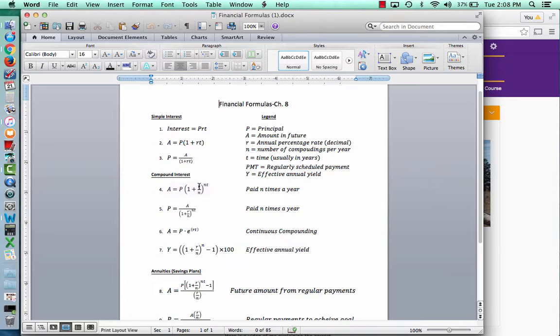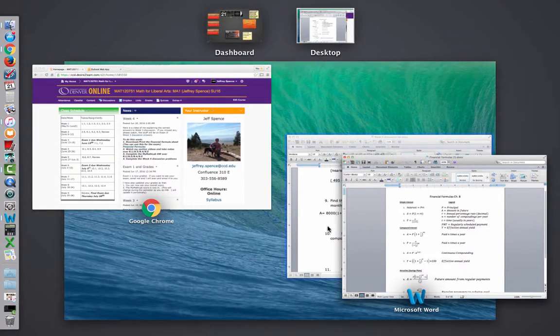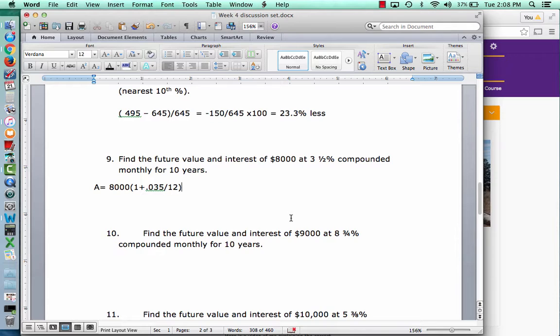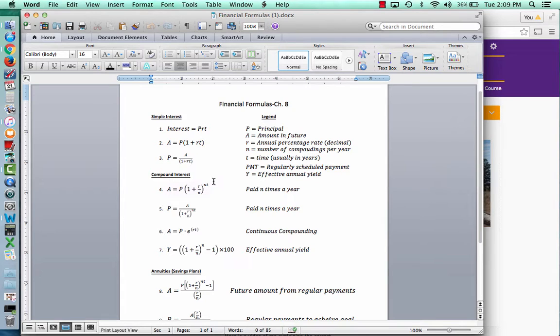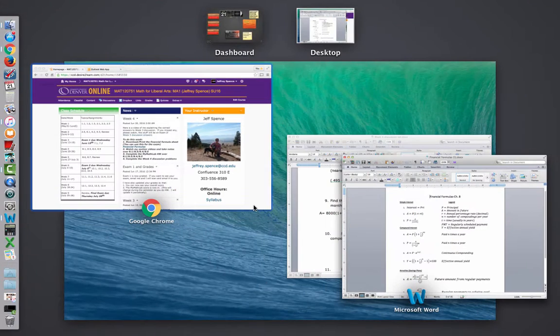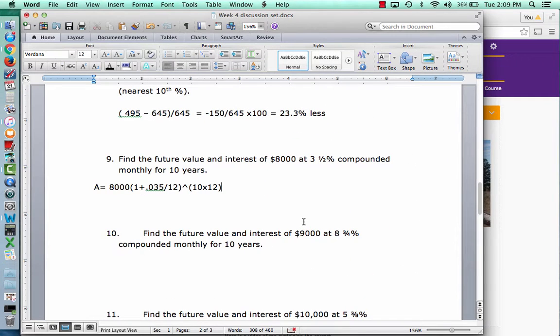The rate is the percent as a decimal, so N is 12. Then I'm taking that to the power of, let's see here, 10 years times N, so 10 times 12. A lot of times I do the N times T, the little exponent part. Sometimes I use Y in other books, but N times T. You have to either put a parenthesis for the exponent or do the math off to the side. So usually I do that off to the side. So 10 times 12 is